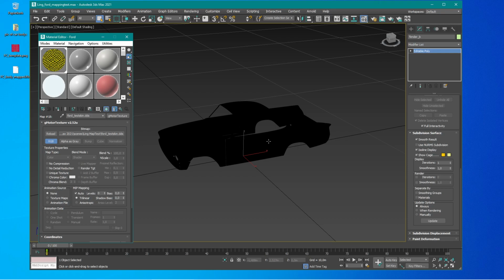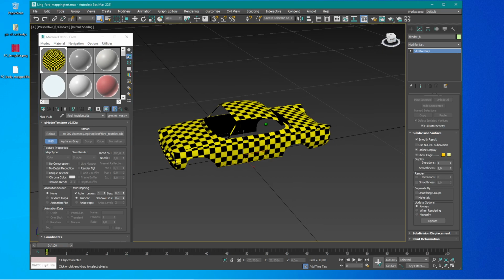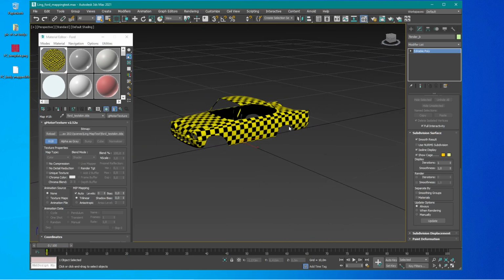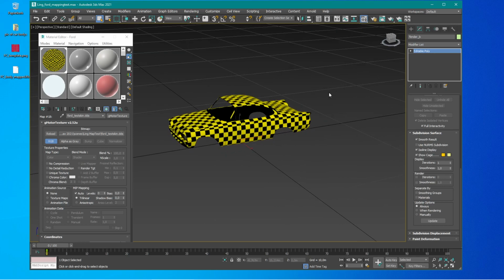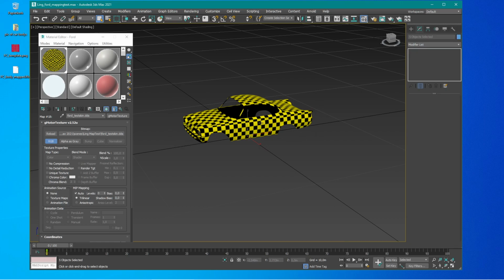And now you can see that the texture doesn't appear here. The car is still black. So click this button here. Sometimes you have to click 1 or 2 times, so until it appears here. Now you can see the texture is attached or assigned to the car, and you can see it here. And normally you can export these parts already now,